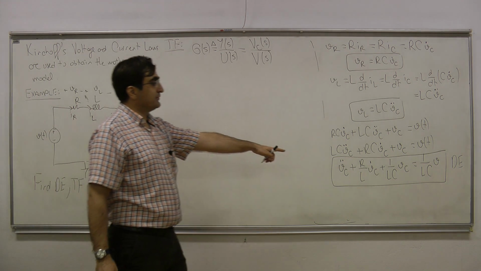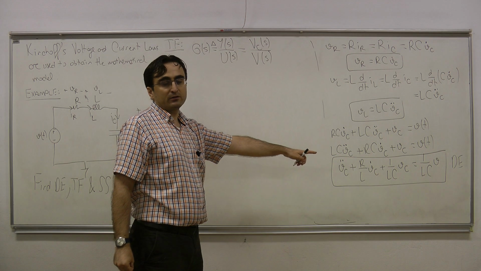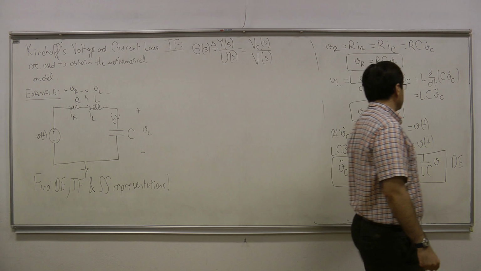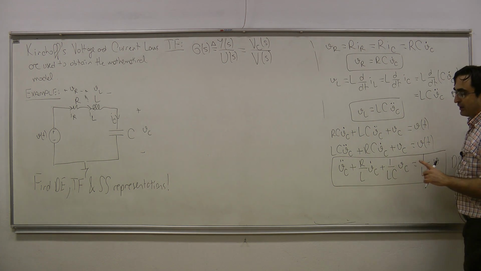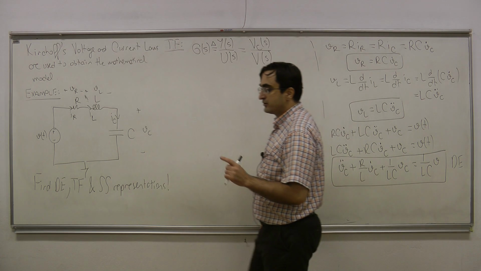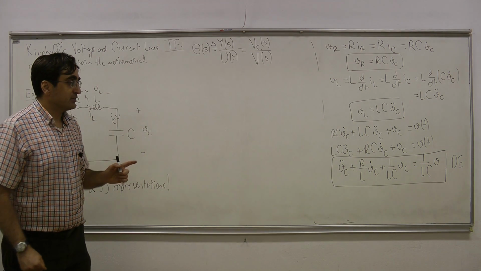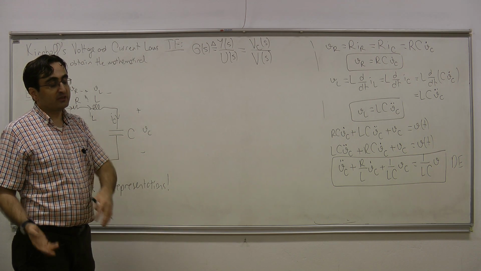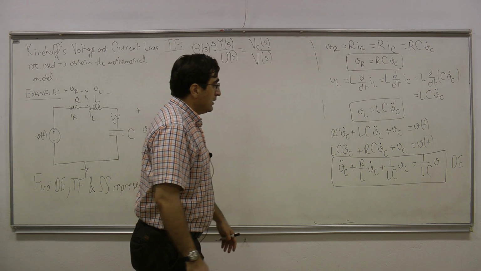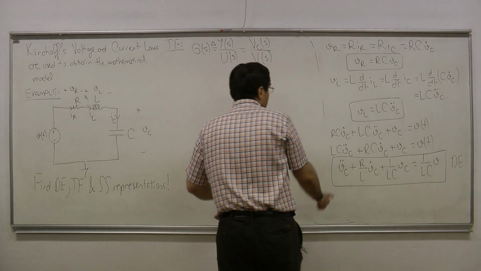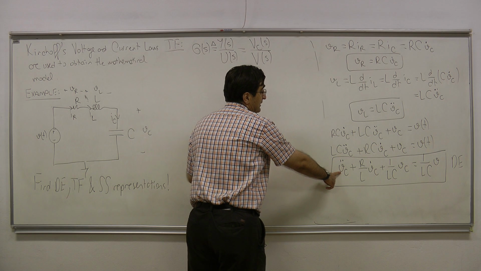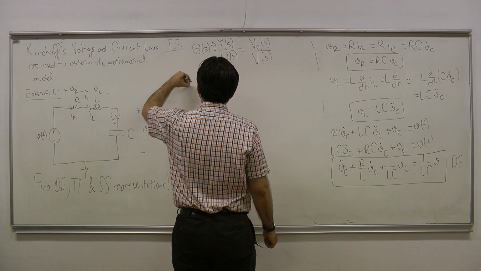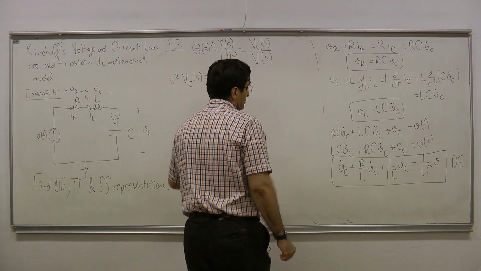So here let us use the differential equation representation for that purpose. I'm going to pass this equation into the Laplace domain while assuming that the initial conditions are 0. Therefore, the derivative means multiplication with S, and the double derivative means multiplication with S squared in the Laplace domain. So let us do that. If I take the Laplace transform of Vc double dot of t, it's going to be S squared Vc of S, plus